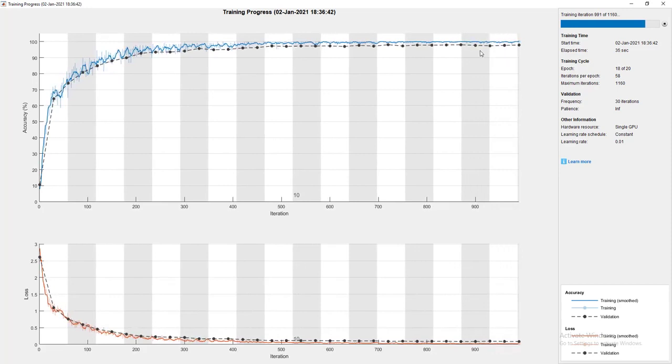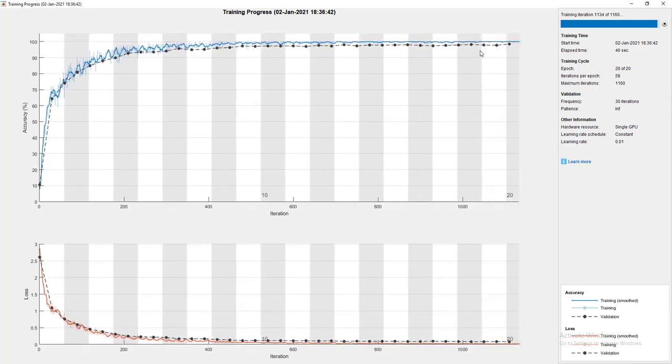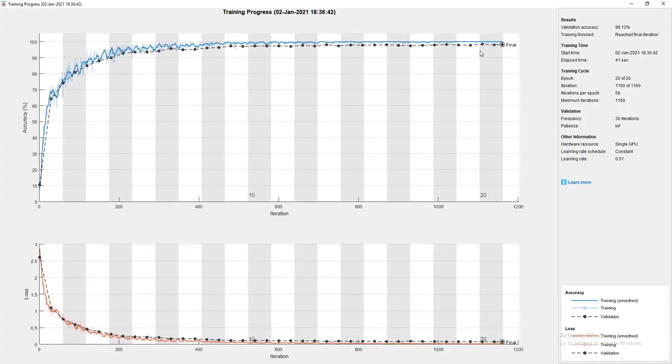Once the entire training process completes, you will be able to see how much validation accuracy you have achieved at the end, and thereafter we will move toward how this trained model can be applied for classification. You have a validation accuracy of 98.12% in 20 epochs, while the validation loss is also really low. The initial learning rate is 0.01. I'm training this model on a single GPU, and this accuracy was achieved on the 20th epoch.